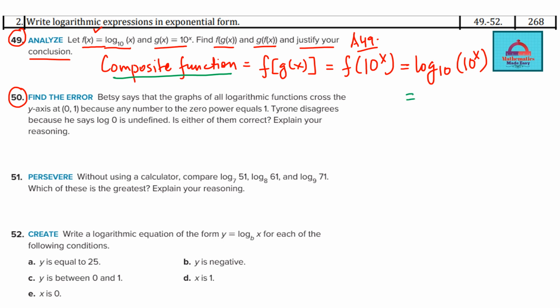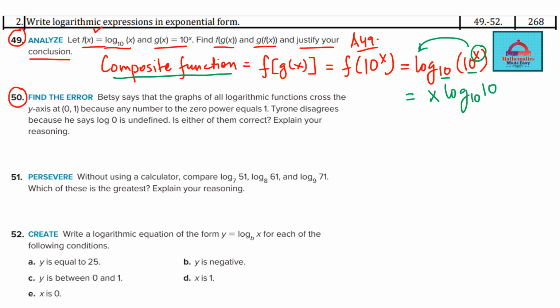Okay, let's evaluate this log now. Log base 10, exponent 10 to the power x. So you see a pattern here. The base and the exponent's base is same. So we can definitely apply a property here, and then the power is x. So in log, when you have a power of the exponent, this power comes down. That's the power property. So x is going to come down outside the log, and it will be log 10